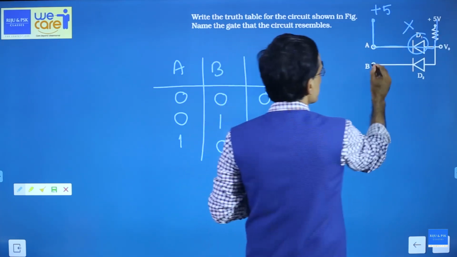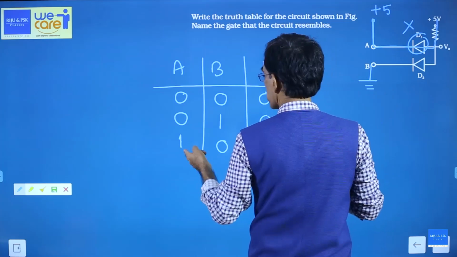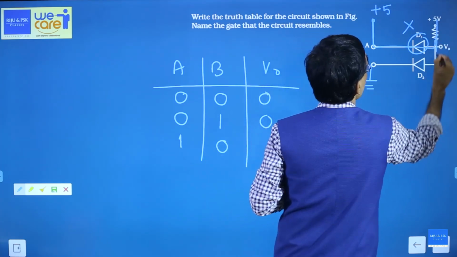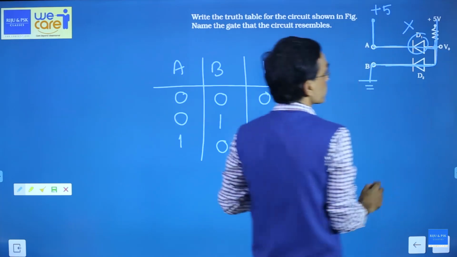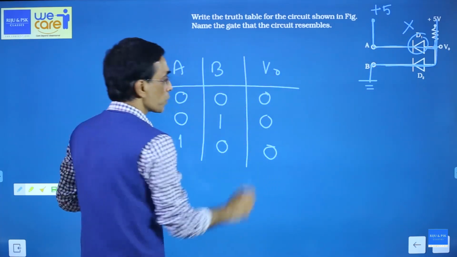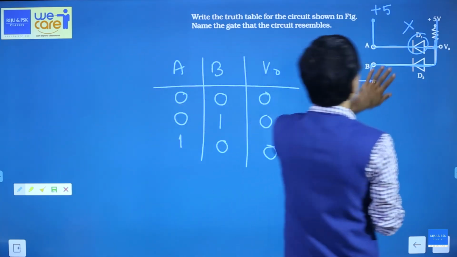But this is connected to the ground, 0. So this diode will conduct. If a diode conducts, this point will have 0 volt. It's connected to the ground, so that will give you 0. What will happen when both are,